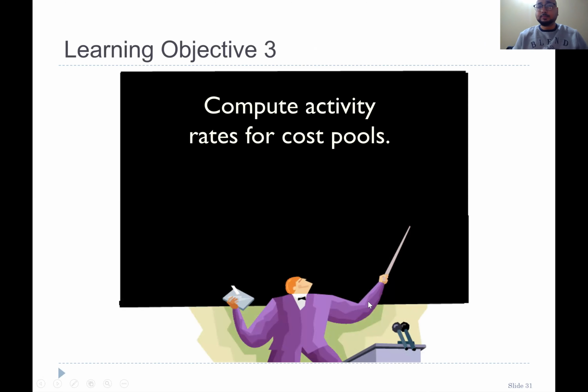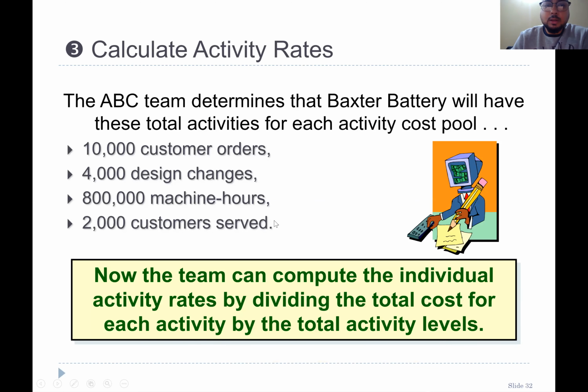Now, finding out the activity rates. Simple. You have the cost pools divided by their activity level. For example, let's continue our Baxter battery example. So the ABC team determines that Baxter battery will have these total activities for each activity cost: 10,000 customer orders, 4,000 design changes, 88